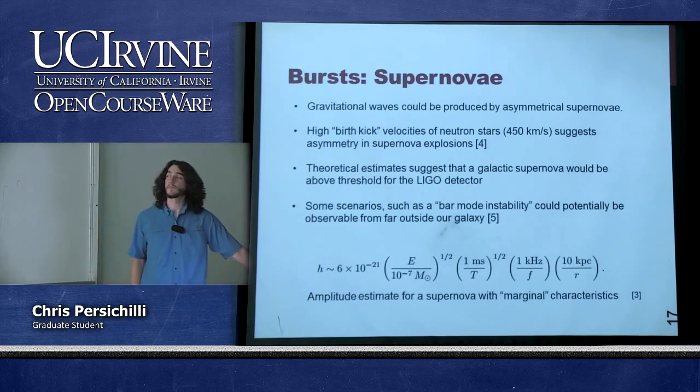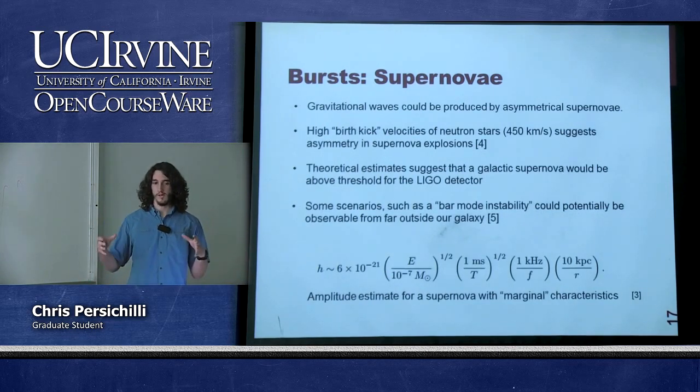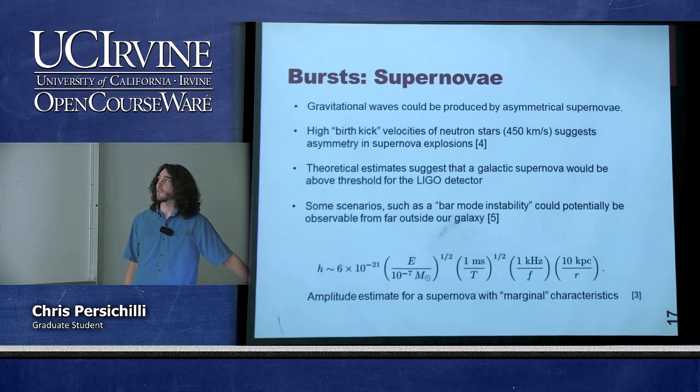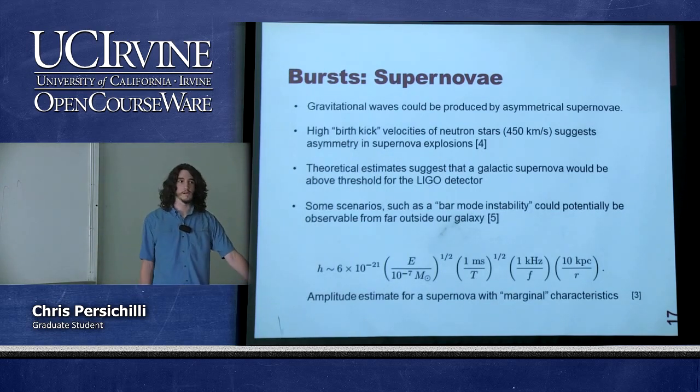One candidate would be non-uniform supernova collapse. Again, remember, there's no such thing as monopole radiation, so a symmetrical supernova isn't going to give you anything as far as gravitational waves. Although there is some evidence that we should expect an asymmetry in supernova collapses,